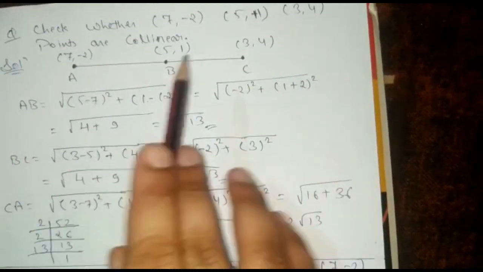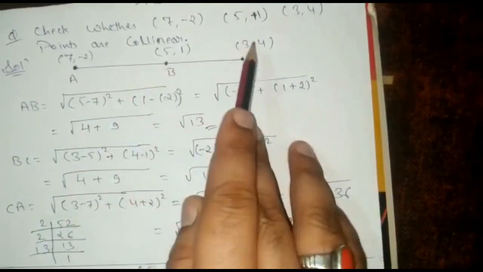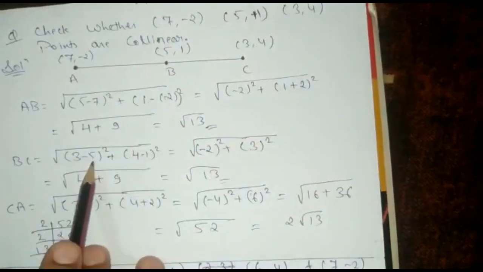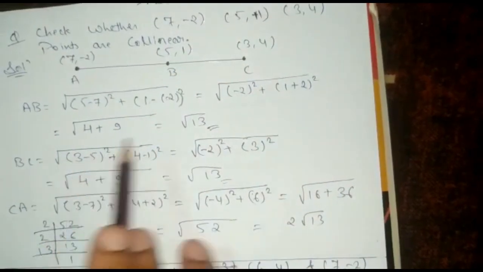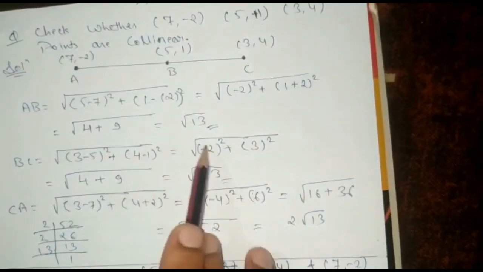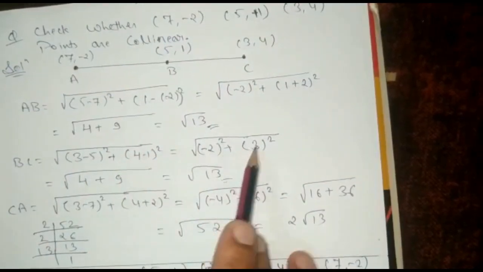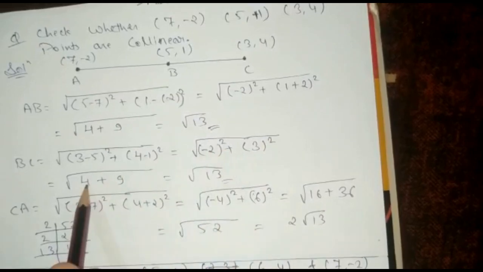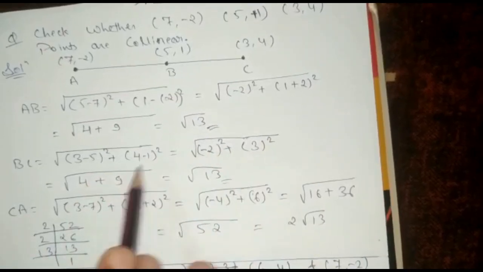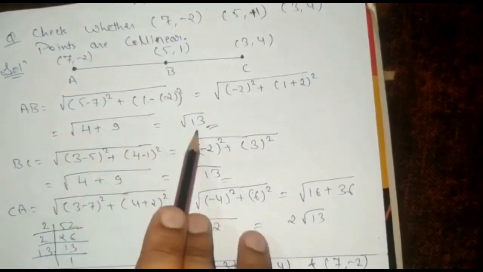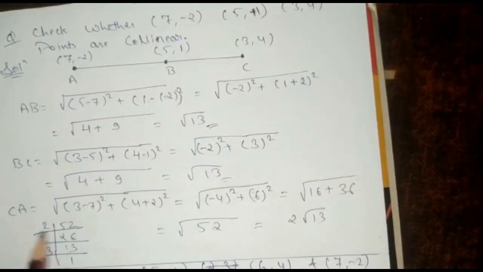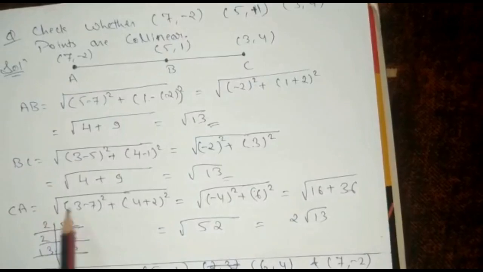Similarly, we have to find out the value of BC. BC will be equal to the square root of (3 minus 5) the whole square plus (4 minus 1) the whole square. 3 minus 5 will be -2, the whole square, and 4 minus 1 will be 3 square. -2 square will be equal to 4, 3 square will be equal to 9, 9 plus 4 will be equal to root 13. So AB will be equal to root 13, BC will be equal to root 13, CA will be equal to